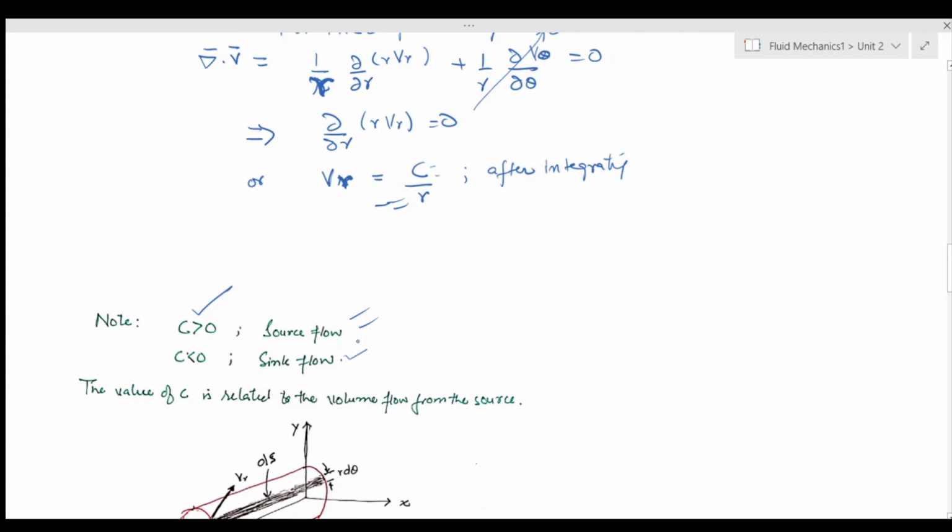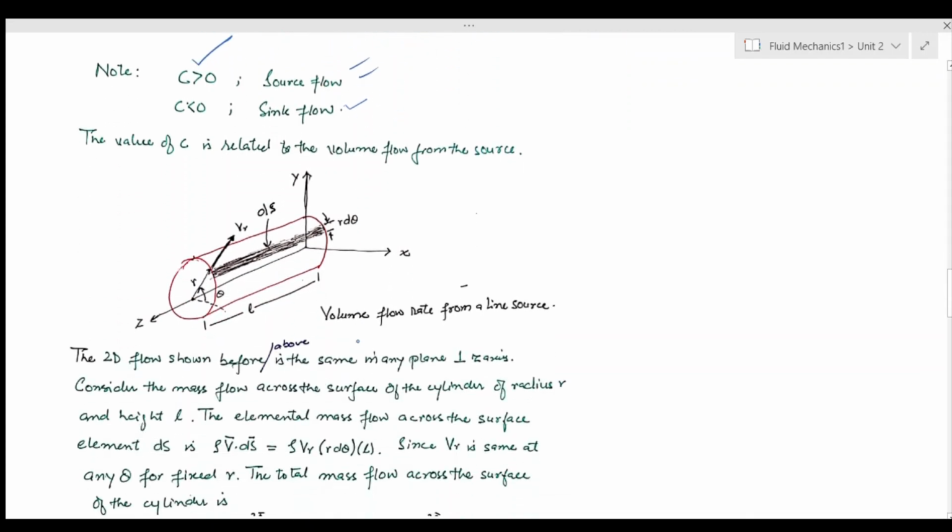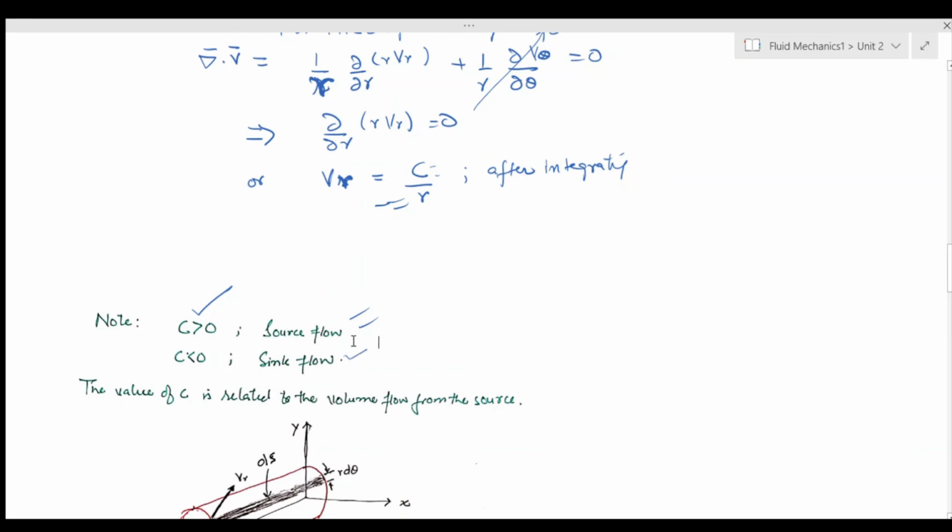Now, what is C? Can we find C in terms of those parameters which make more sense to us? Yes, we can do that, and this is something which I would do in the next class. I would like you to go and read that, just to give you an idea of whatever I have covered, whatever I'm covering since my last